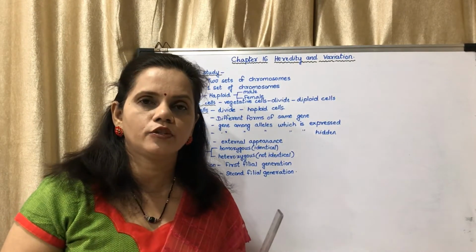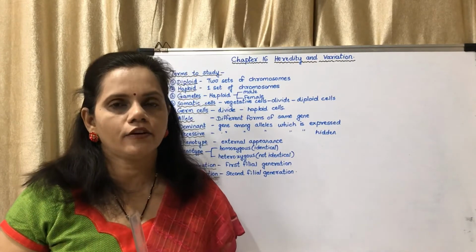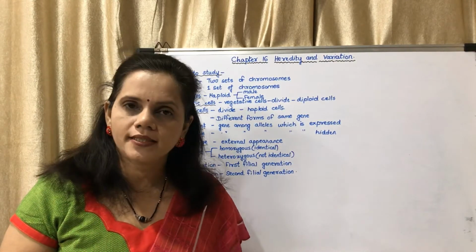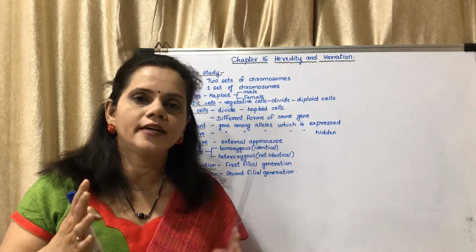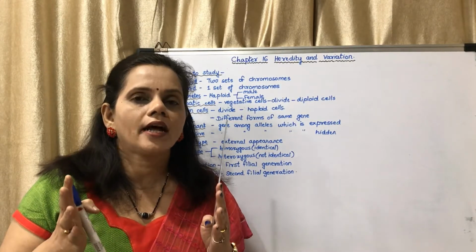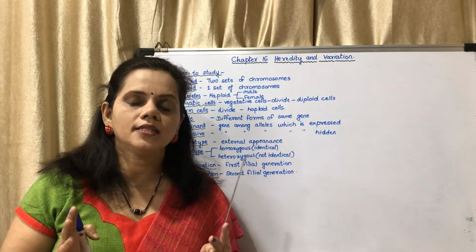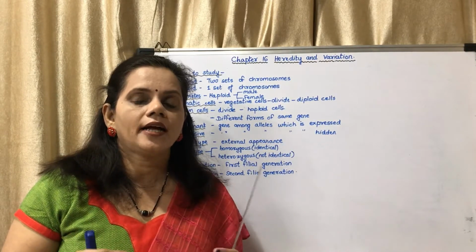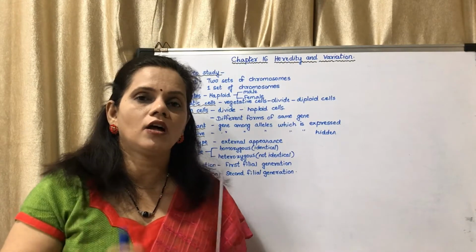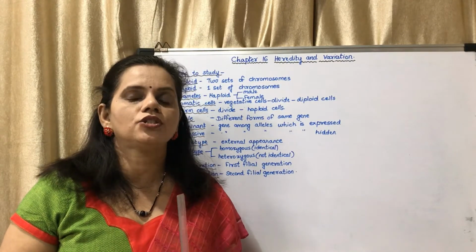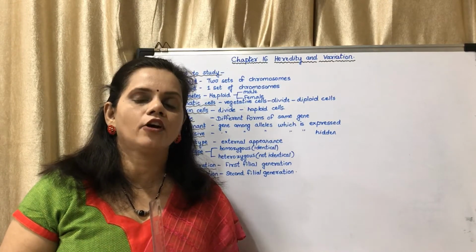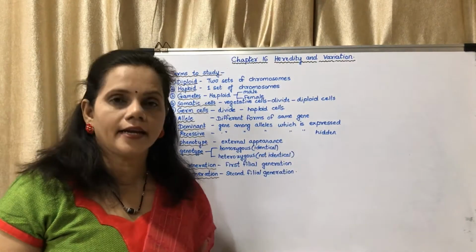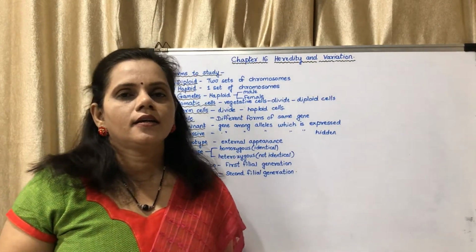You have one set of chromosomes from your father and one set of chromosomes from your mother. Either both of them could be the same or both could be different. Now there are two types of genes. One gene is always expressed, always shown. That means it shows its color always. That type of gene which is always expressed is said to be a dominant gene. And the gene among alleles which is hidden is said to be recessive.